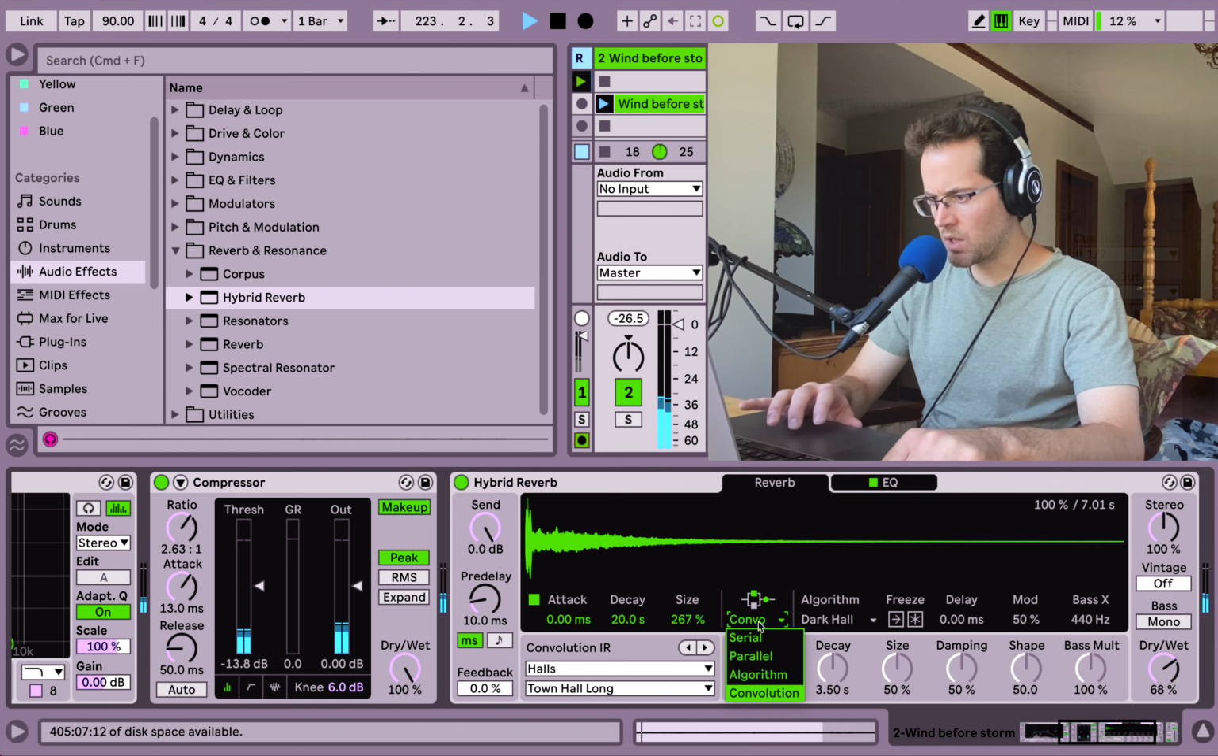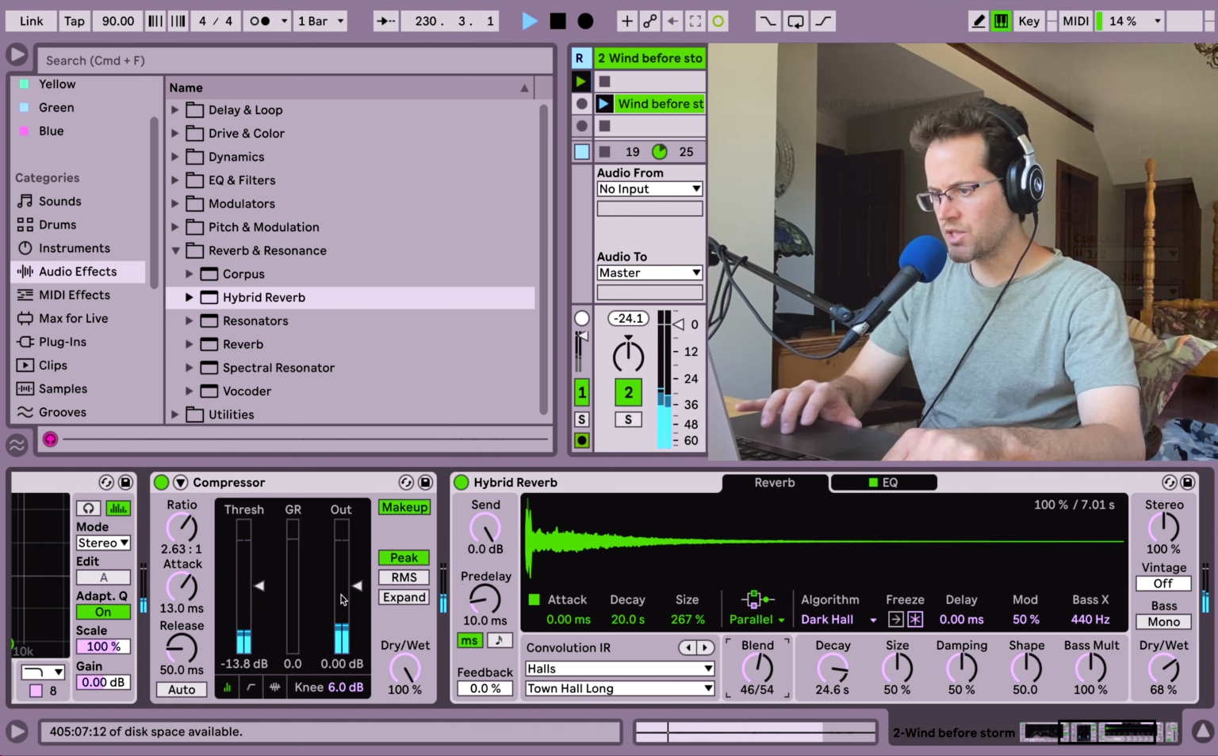Let's actually go in here and go to parallel. So we're going to bring this guy back, the algorithmic reverb. I want to keep it on dark hall because I want a big one. And where are we? Decay. I want a lot of decay. I'm going to keep this blend between the two. Parallel basically says our sound is being fed into this convolution reverb,